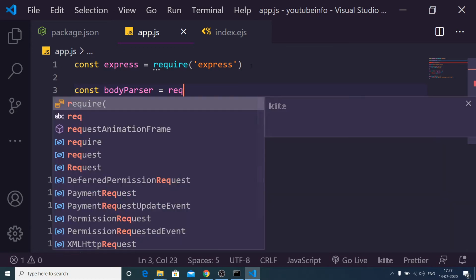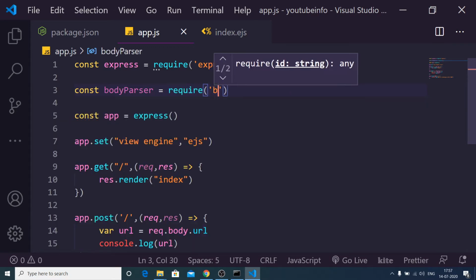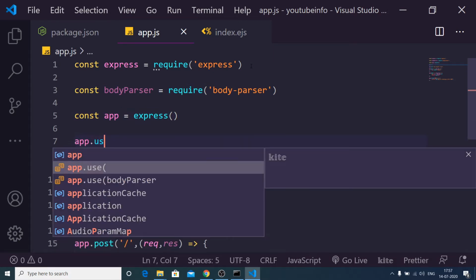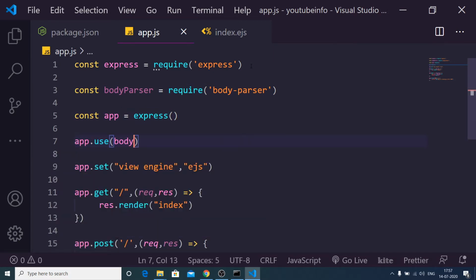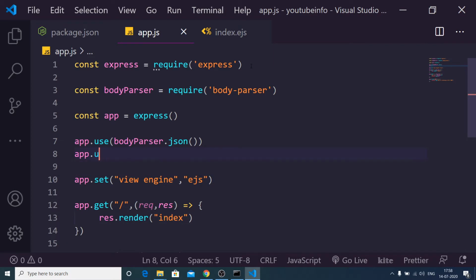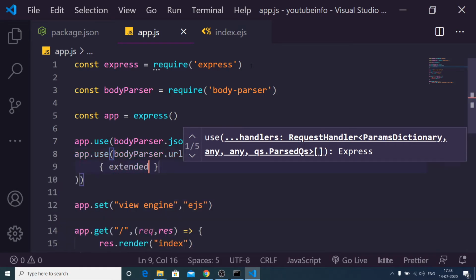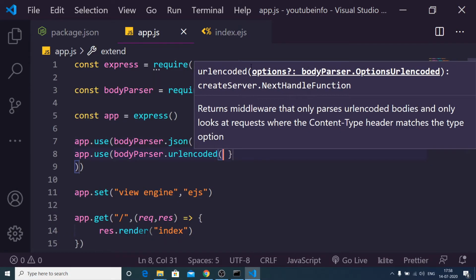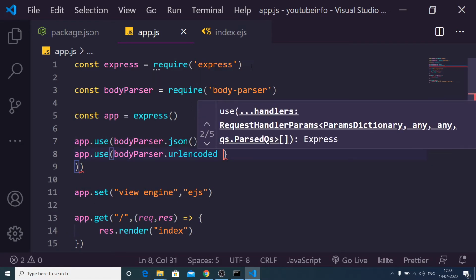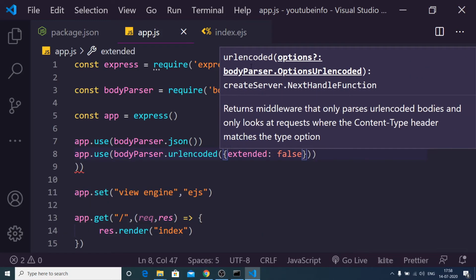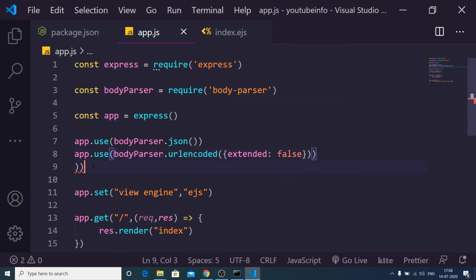So we need to require body-parser like this, and after you initialize your Express app you can use app.use(bodyParser.json()). First of all use this, and also the other one, bodyParser.urlencoded, and inside this function there is an object with extended set to false. That's it. So close this.